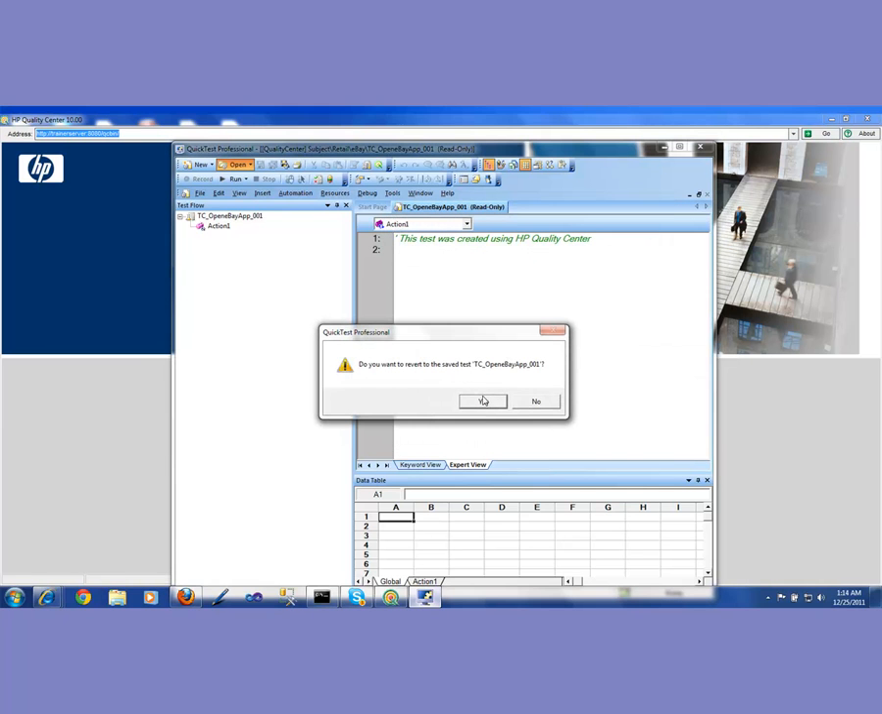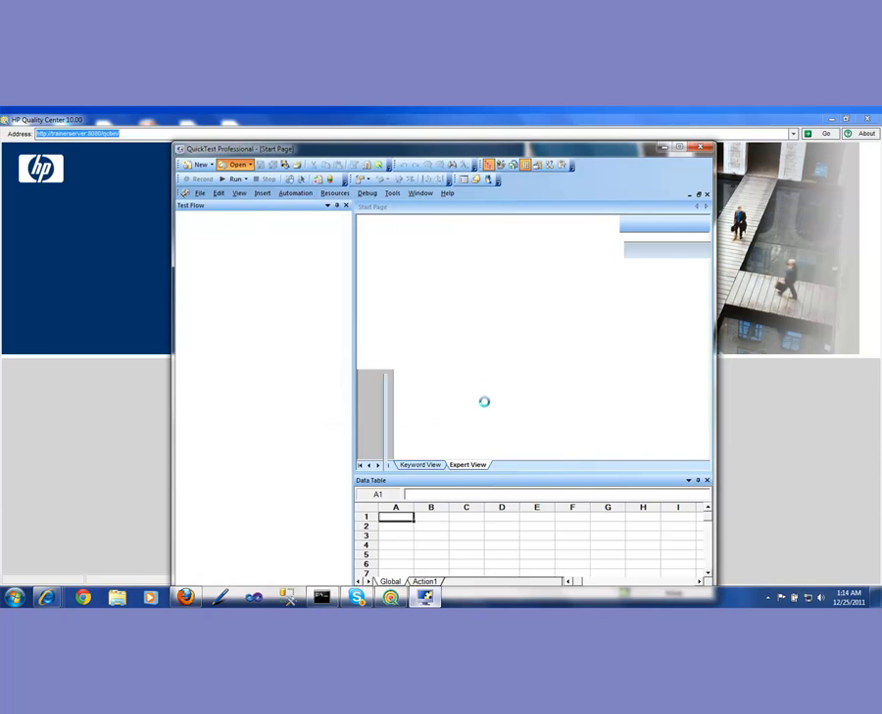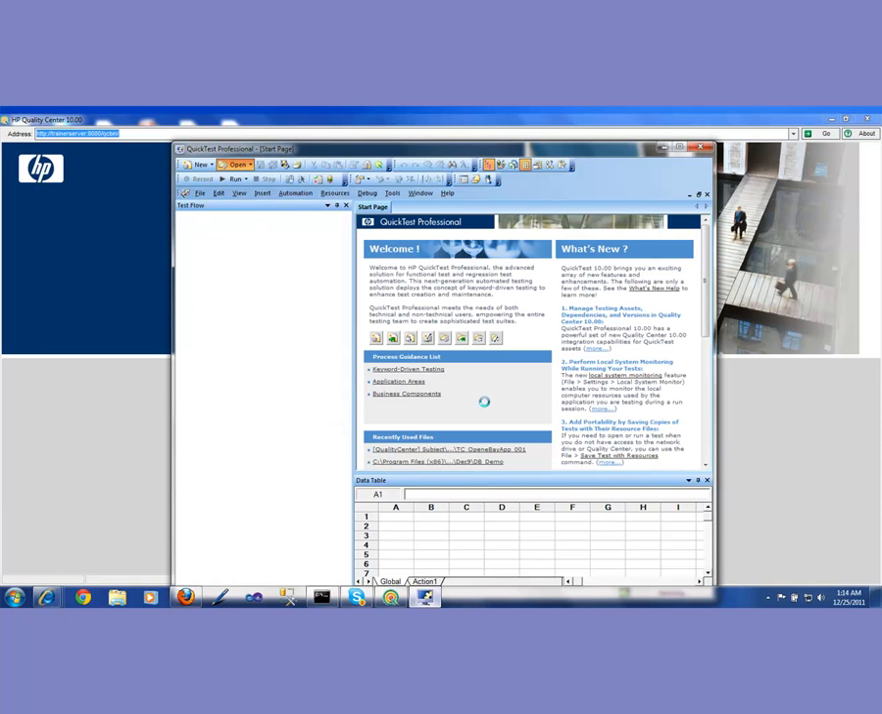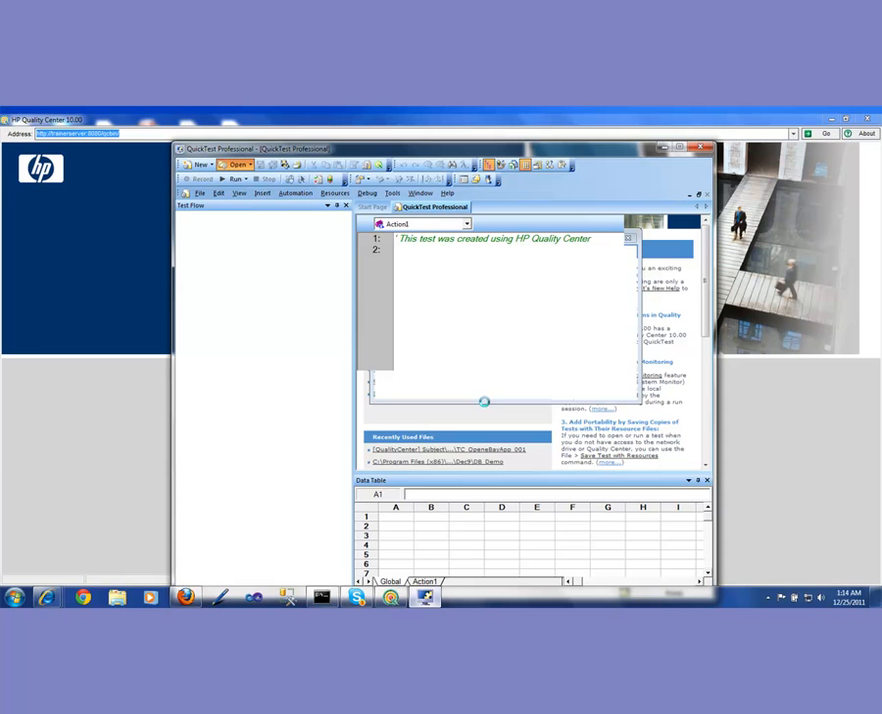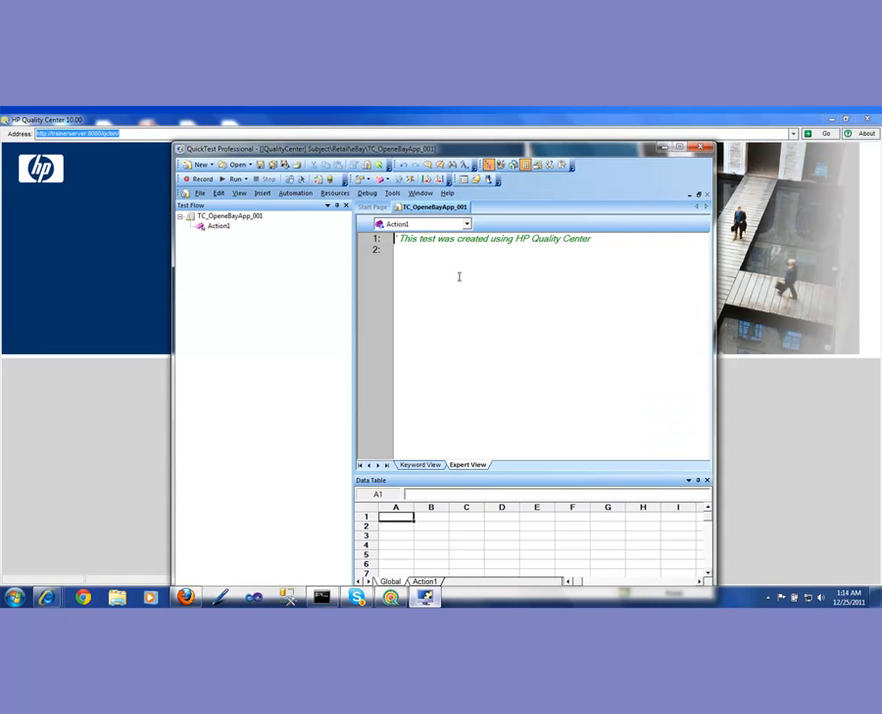Do you want to revert to the saved? Okay. Now we should be able to see it's no longer in the read-only mode, because it's closed from the other application. Now I could do this. I can write my code to go to wherever I need to go to. So here is a SystemUtil.Run,